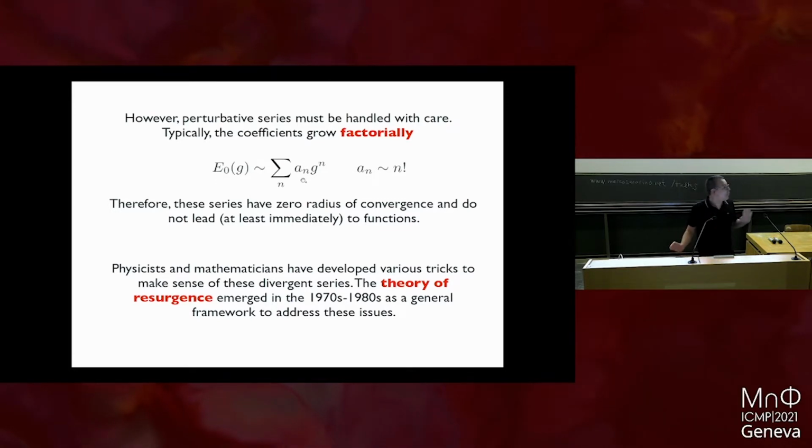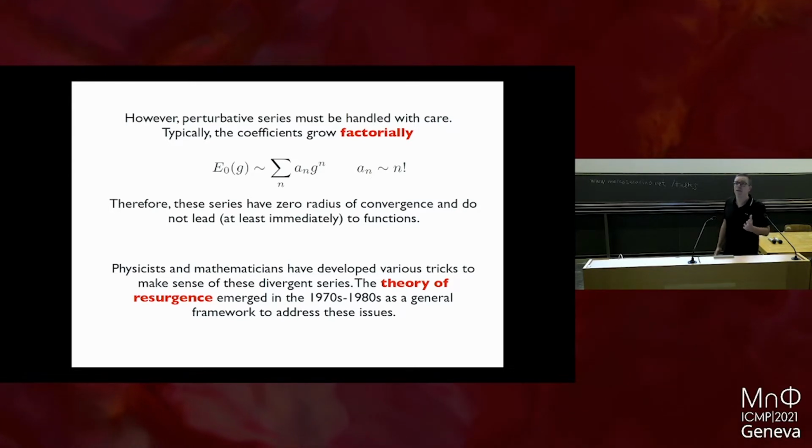So a formal power series in which the coefficients grow factorially has zero radius of convergence, and this means that this formal power series doesn't really define a function. So in principle, you don't have an object which is mathematically well defined, and you don't really know what to do, okay? So this is what they don't tell you, and of course, it turns out that with a little bit of work, you can actually make sense of these things, but one clear message is that making sense of these things is not a trivial thing,